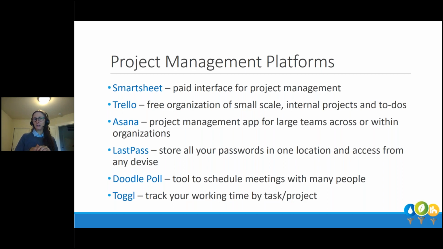And Toggl is an interesting one for tracking your working time. It is free and you can essentially start and stop a clock on tasks to see how much you're actually working on them, for making your billing a little bit easier when you're ping-ponging around with different tasks and activities, or if you really want your staff to manage their time a little tighter. That's a really interesting one to be able to use if you need that feature.